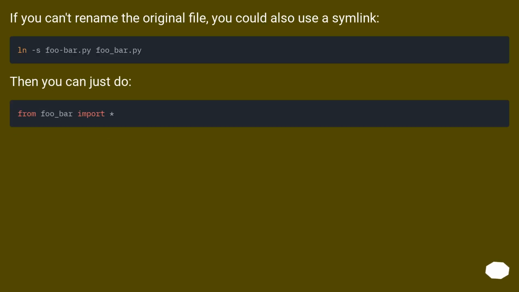If you can't rename the original file, you could also use a symlink. Then you can just do